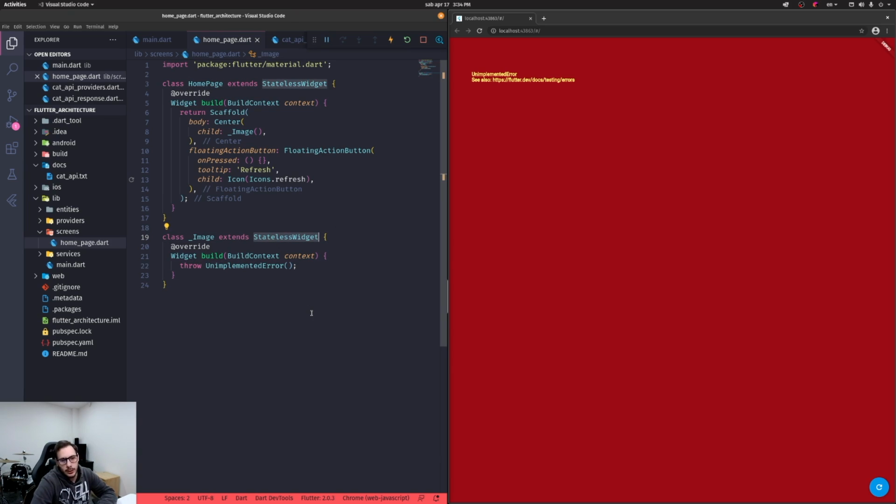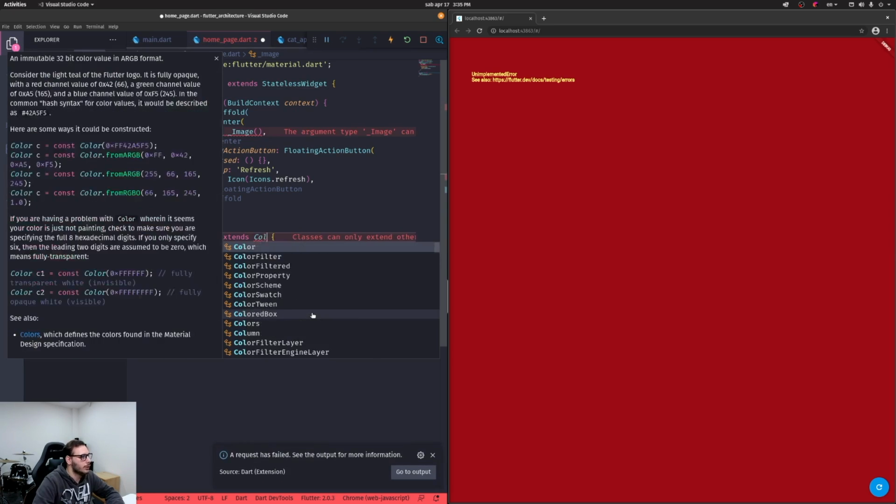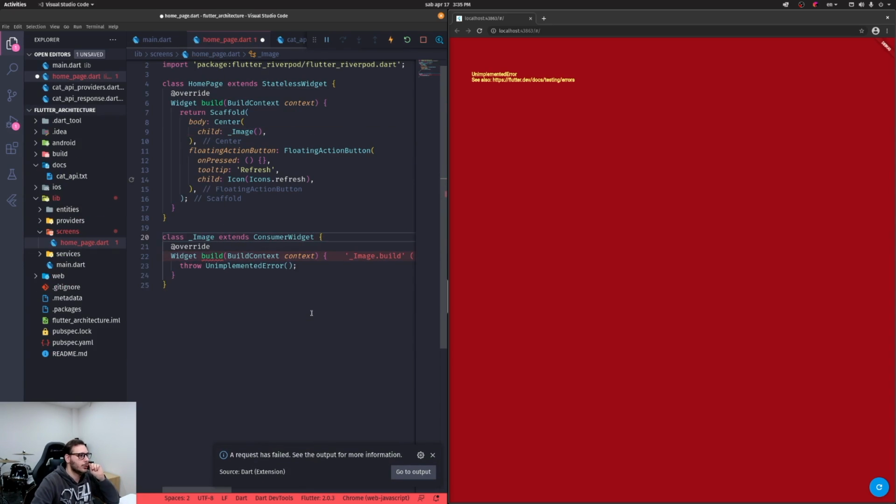In order to use the provider, instead of extending a stateless widget, we are going to extend a consumer widget. Consumer widgets handle providers and get in the build method not only the context but also another reference to all the providers, which are going to call watch, because it watches the providers you pass to it. This makes it really easy to get the provider we defined before,